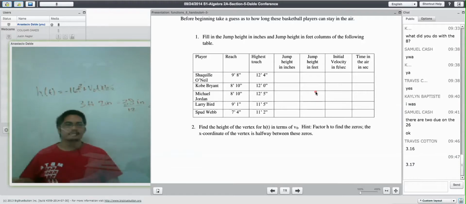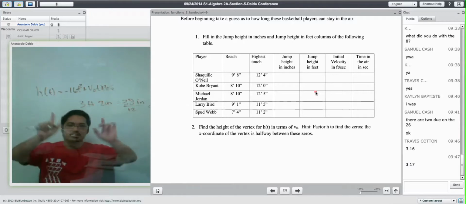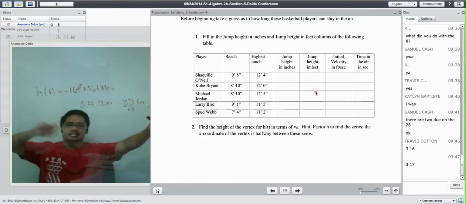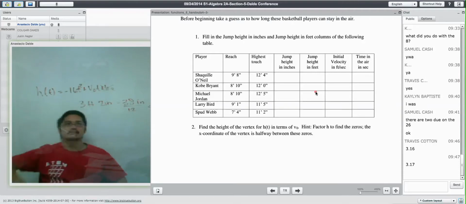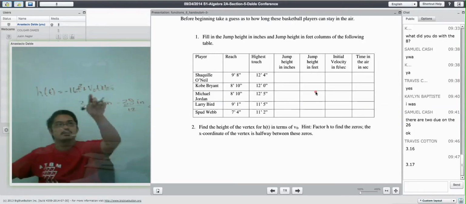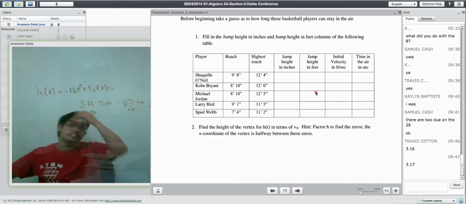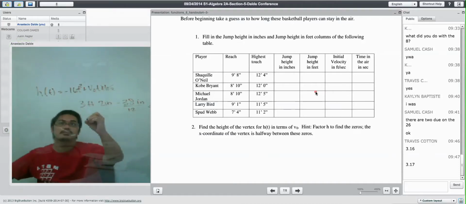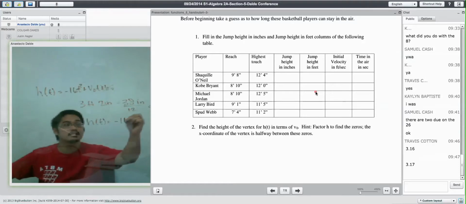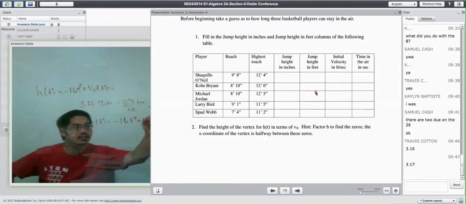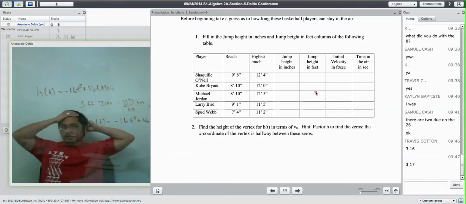Oh, okay. So if his height, let's work with just Kobe Bryant. If his height is 3.16 feet there, then all I got to do is figure out the equation for the vertex of this. So let's see. I've got h of t is equal to negative 16 t squared plus v naught times t. If I'm going to figure out where that vertex is,